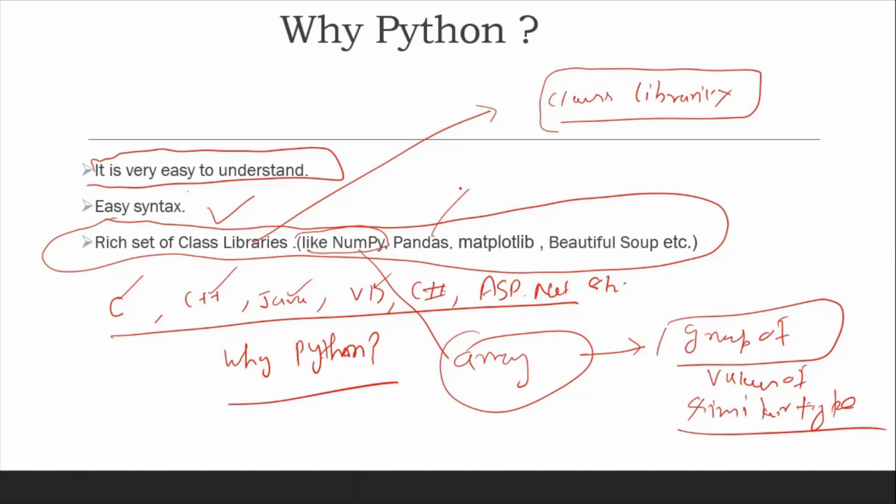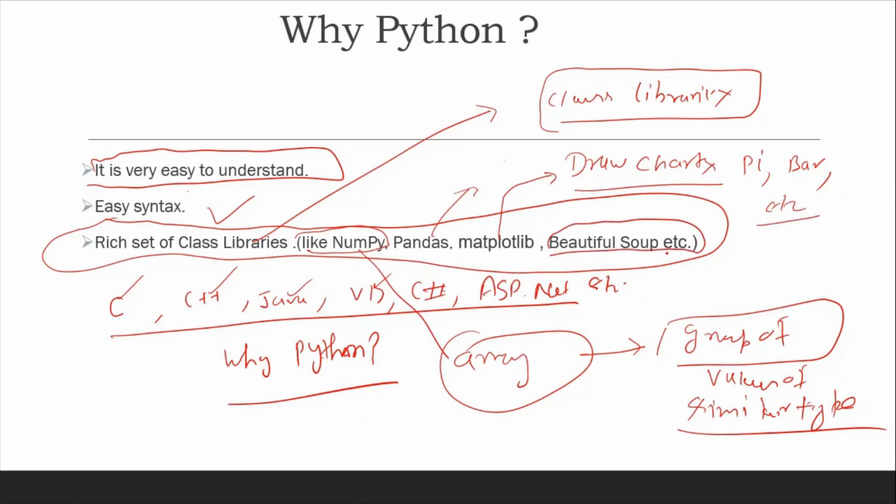Pandas is also a class library available. And Matplotlib is used to draw charts like pie charts, bar charts, etc. And Beautiful Soup is also a class library for web scraping.